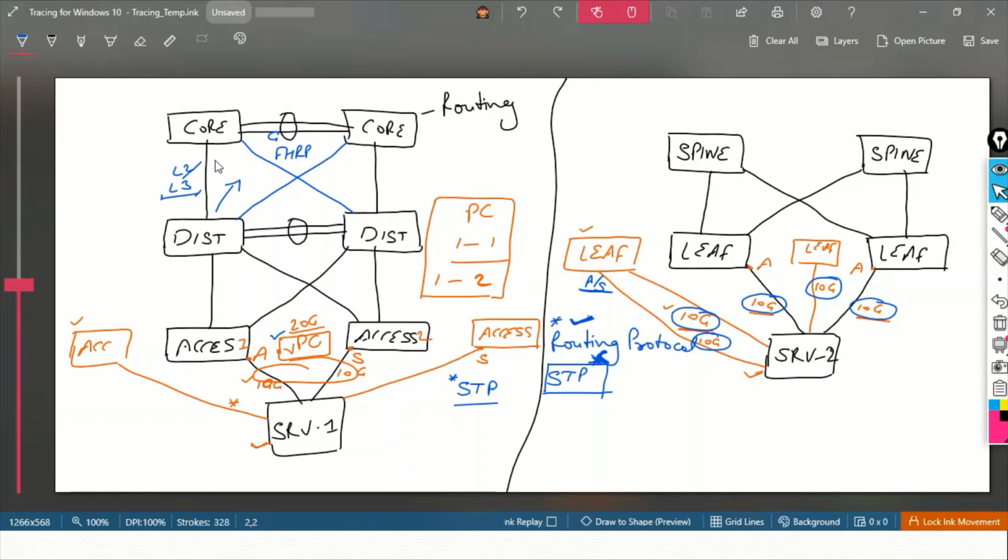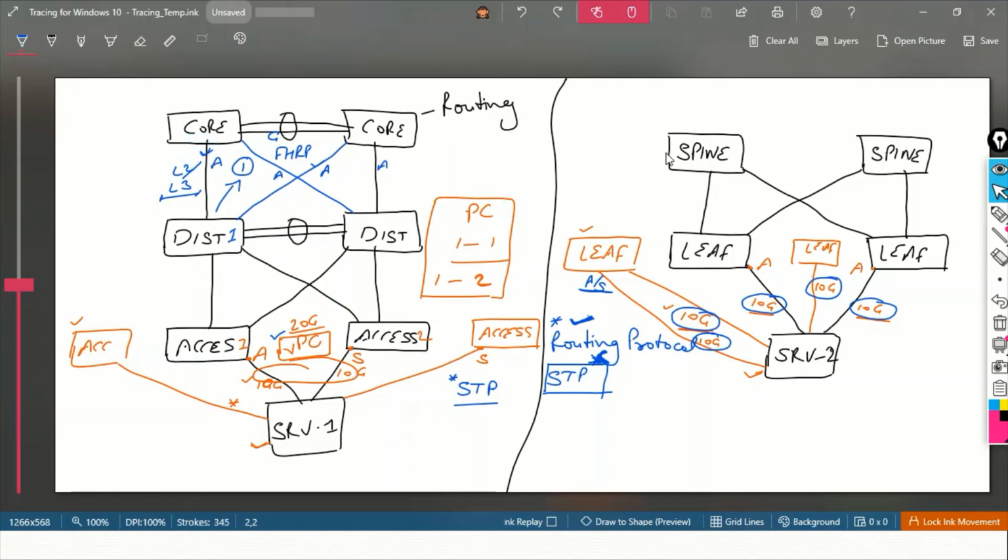But do you think that we are going to use all the interfaces at the same time here as well? No, right? So one best path we can get from any of the routing protocols. So only that one best path can be used to send the traffic, either this one or this one, with respect to distribution switch 1, right? So here as well, in 3-tier architecture, we only get one active path from a layer 3 perspective.